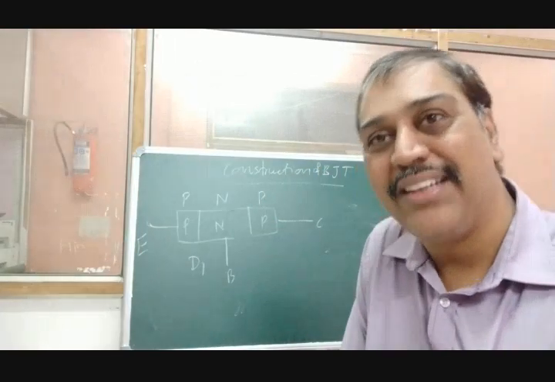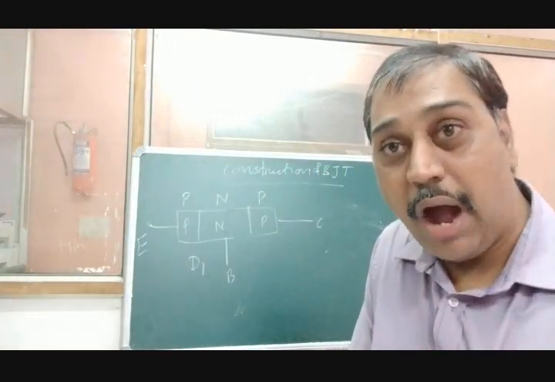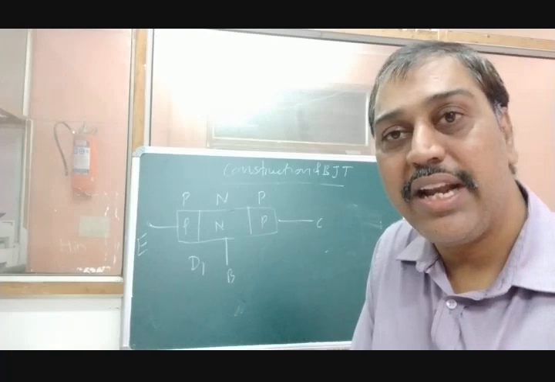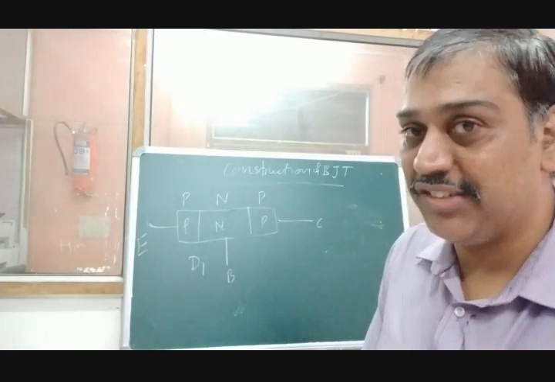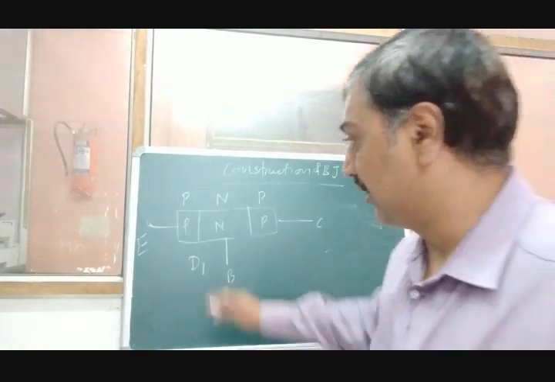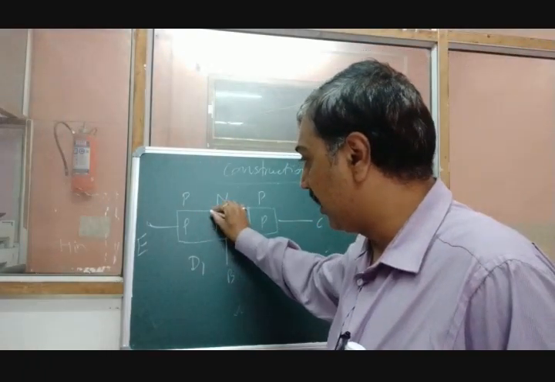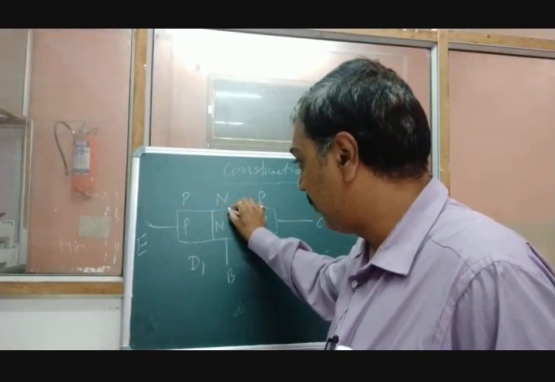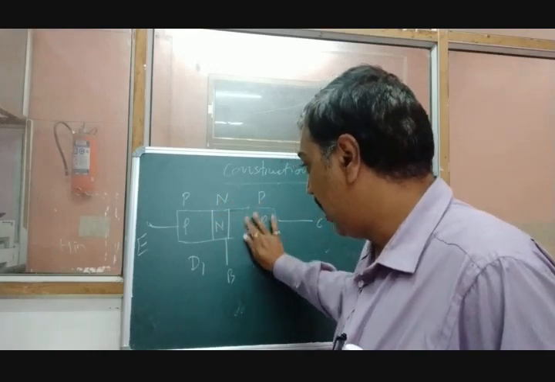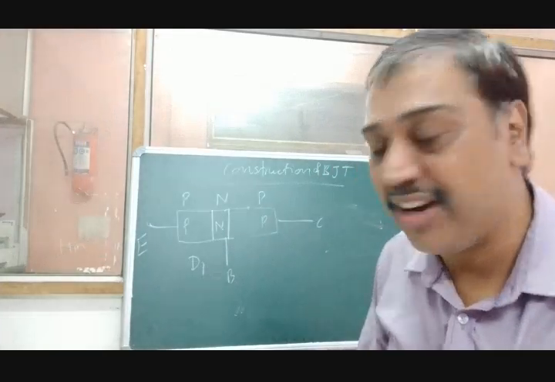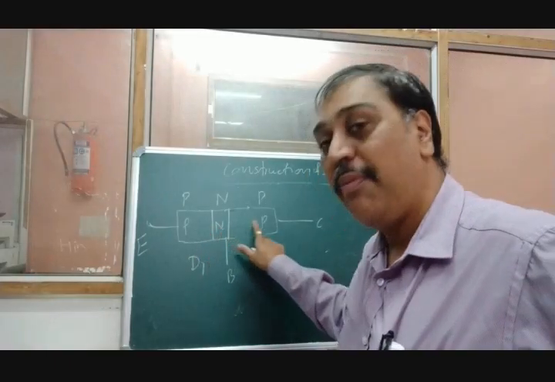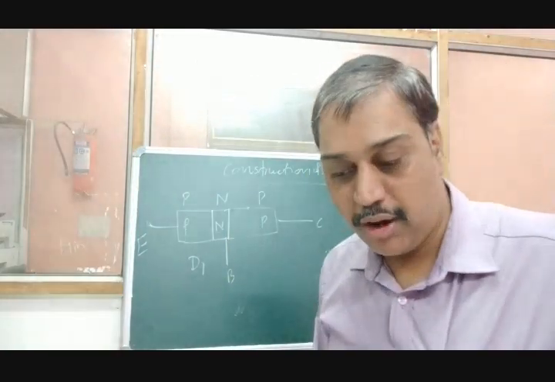Now remember one thing here. This is how a transistor can be created by connecting two diodes back to back. The only difference is that in an actual transistor, the size of the emitter is moderate, the size of the base is very small, and the size of the collector is large. And the dopings are different: heavily doped, lightly doped, moderately doped. I hope you got this.